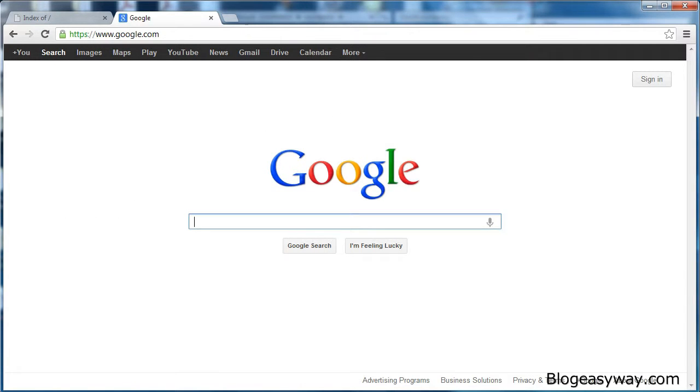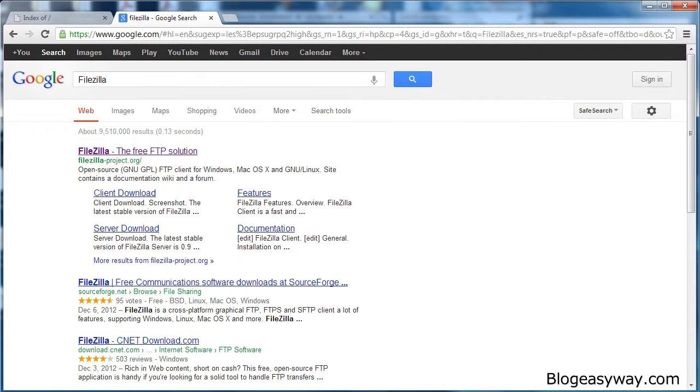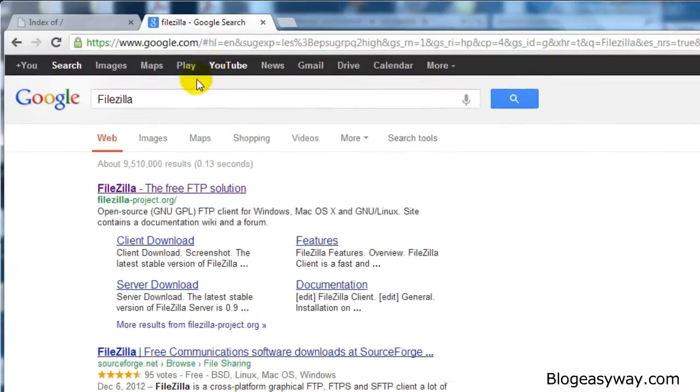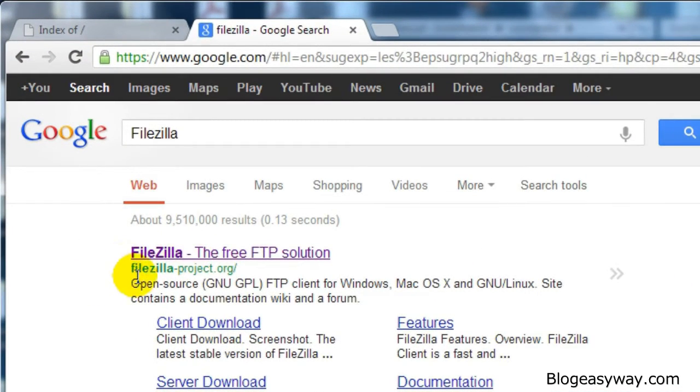Now, first things first, let's talk about the FileZilla FTP program, which is basically a software that will allow you to upload files from your computer to your website. So if you go to google.com and type in FileZilla,